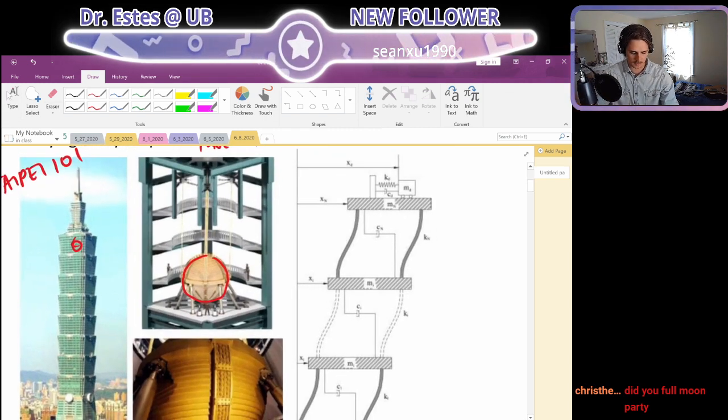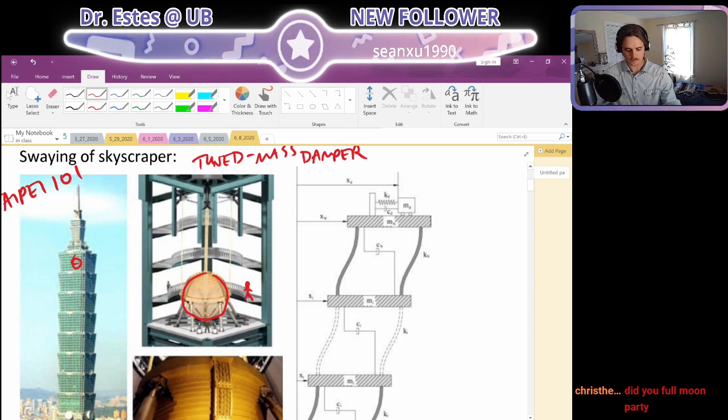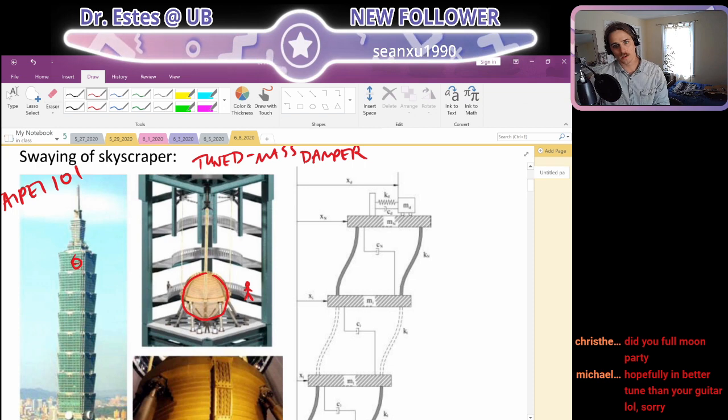And you can see this, it spans a couple stories of the building. For scale, you can see a person standing here. So when you go and visit Taipei 101,